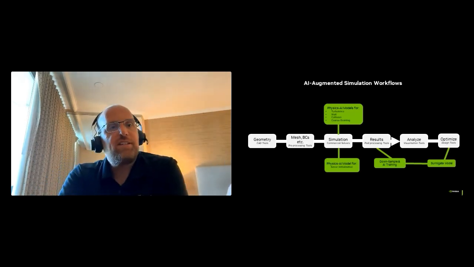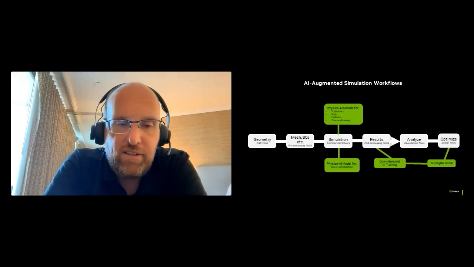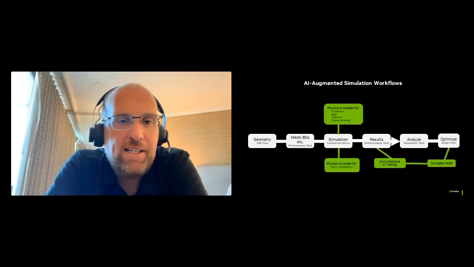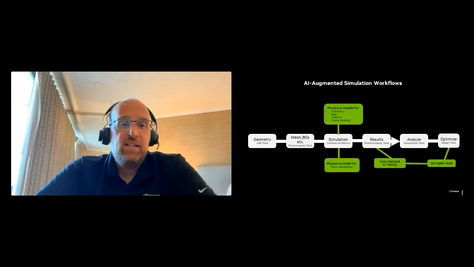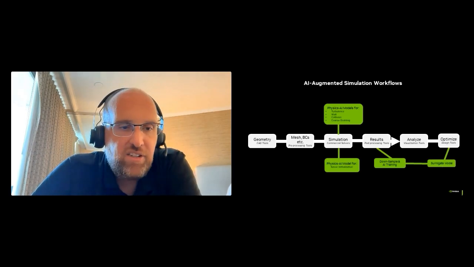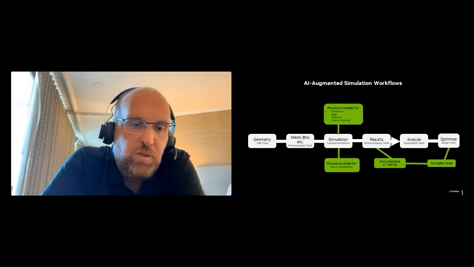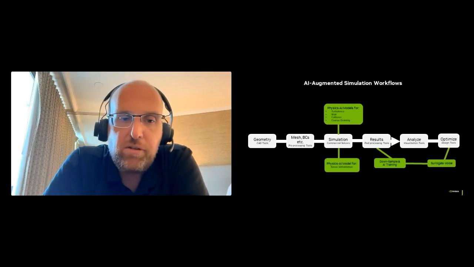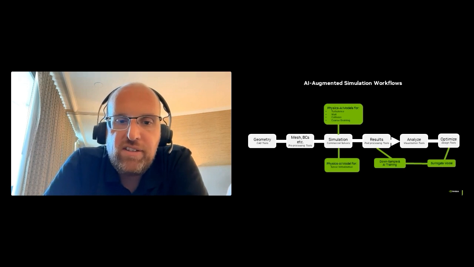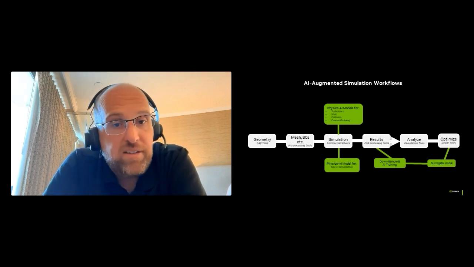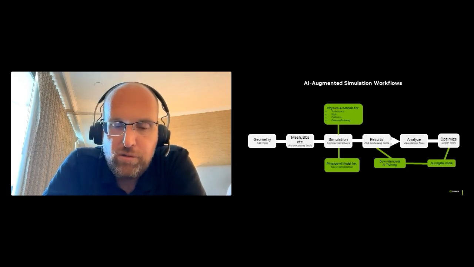So I thought this was an interesting slide because it follows on a little bit from that first slide I showed, where we're really talking about where we think AI can help the CAE workflows. It's not on here, but obviously the meshing and the geometry, I think there's a lot of potential here to use agentic workflows to speed up some of those manual, repetitive tasks I spoke about. When it comes to the actual simulations itself, we can potentially use AI models as a turbulence model, or for a wall model, or for a collision model.